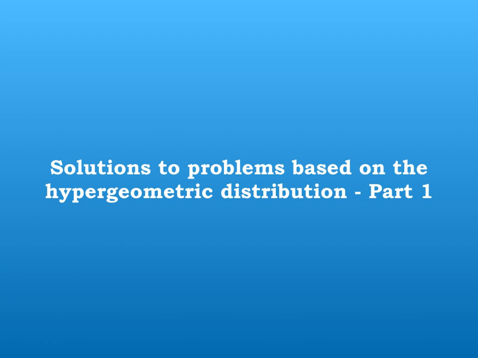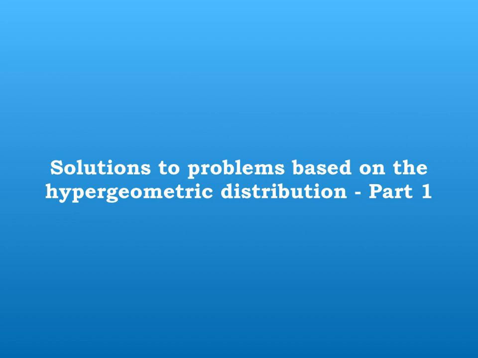Let me give you a recap of the PMF of the hypergeometric distribution and the formula for the mean, variance and standard deviation. So you know that the hypergeometric distribution is a discrete distribution and its PMF is P of x equal to ACx BCn minus x divided by A plus BCn, and x takes the value 0, 1, 2, so on, minimum of A comma n.